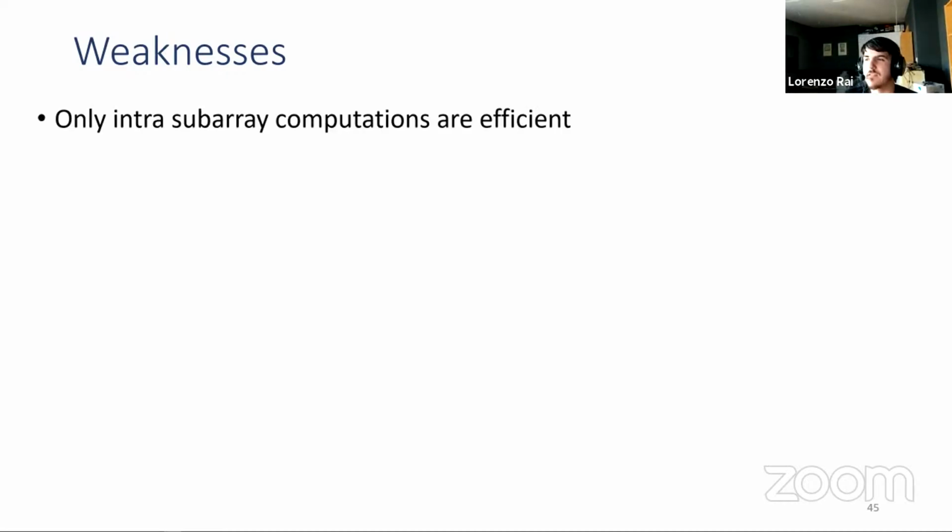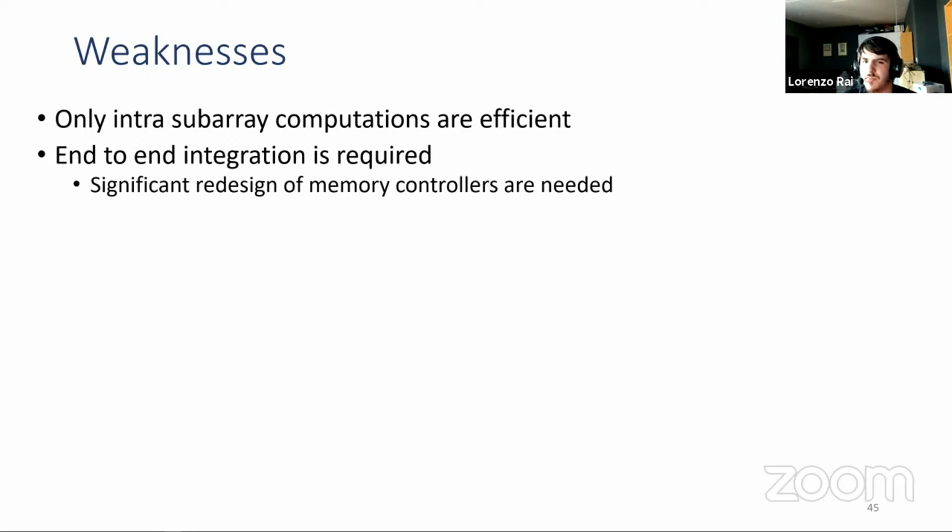But all solutions also have issues, and this paper is certainly no exception to that. As I've already explained, only inter-subarray computations are efficient, which can be a serious bottleneck. Further, while the DRAM itself doesn't need to change, the entire rest of the system does, from the memory controller all the way up to application software. Also, the fact that this is essentially a SIMD machine, and we need close to 64,000 data points for efficient